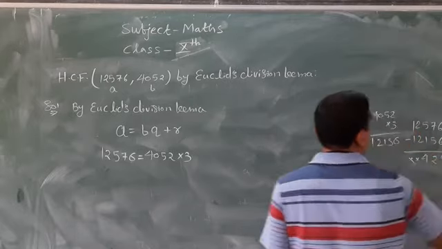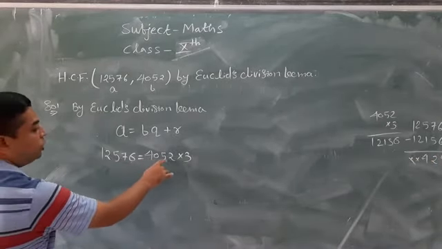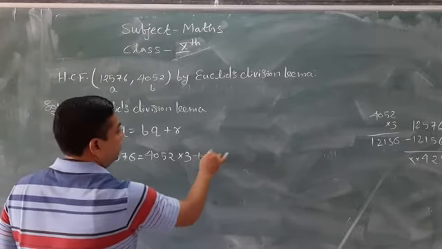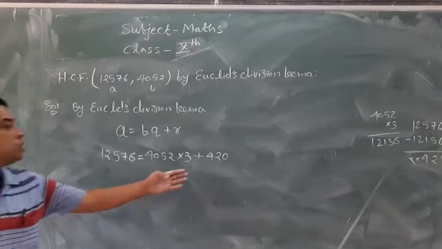So it will come 420. Okay, the table of 4,052, it will go 3 times and what will be the remainder? So remainder will be 420. Here we are not getting the remainder 0 when we are dividing